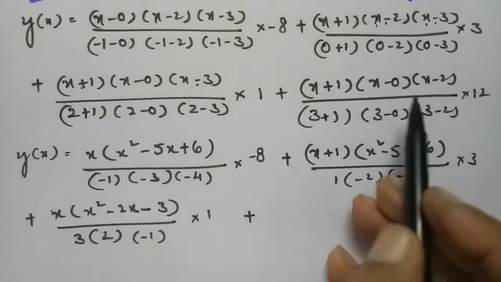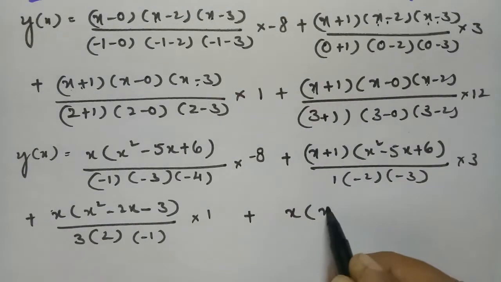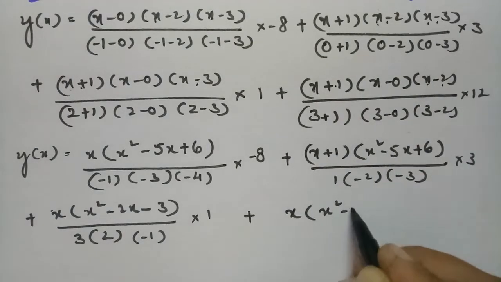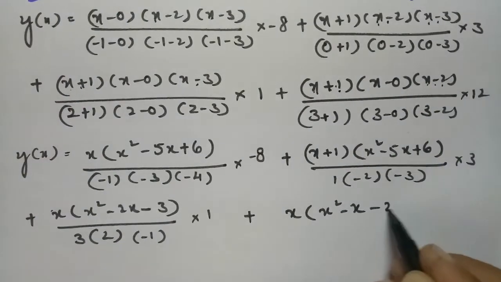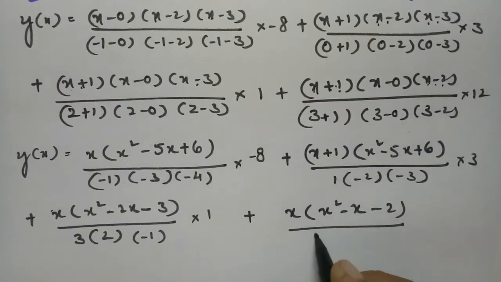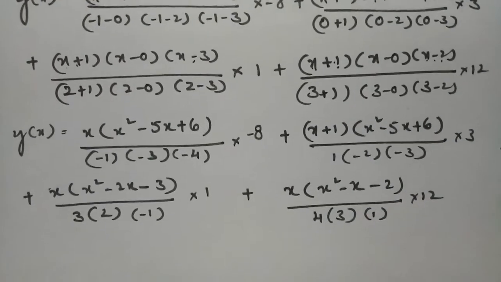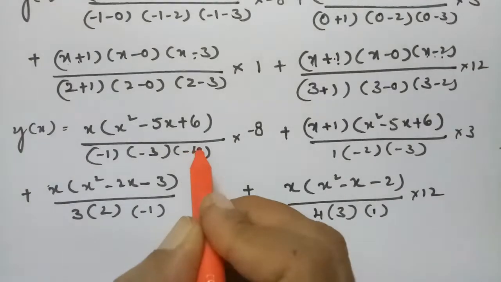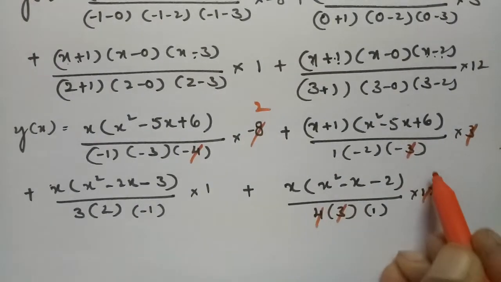So here, x minus 0, I am writing x first of all and I am going to multiply this one, so this is x square, so this is minus 2x plus x, which is equal to x, and plus into minus is minus, 1 2 is a 2, by, here this value is 4 into 3 into 1 into 12. So if you observe properly, I'm going to cancel this one for 2 times, this one for 2 times and this one for 1 time, and here 4 3s are 12 for 1 time.